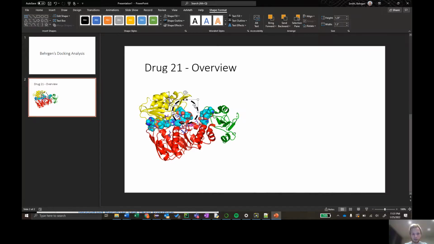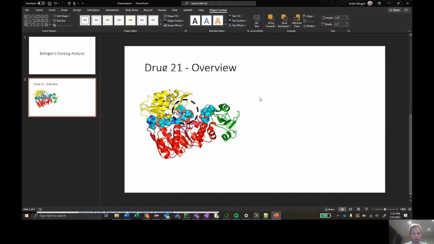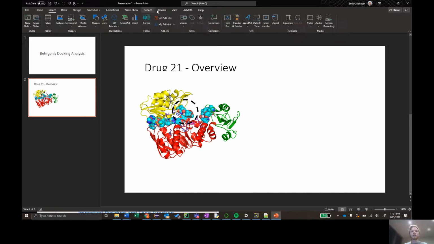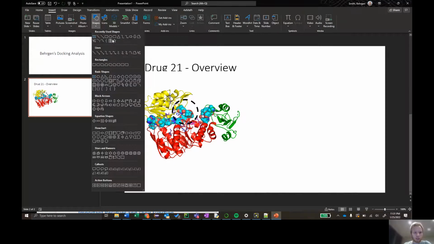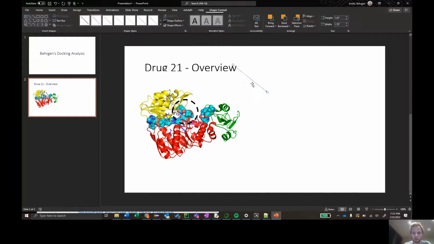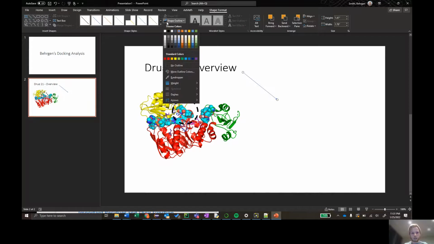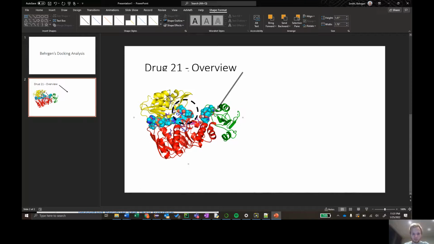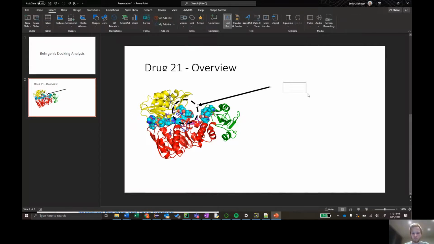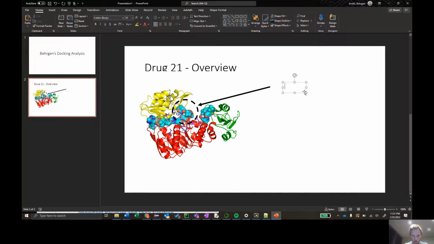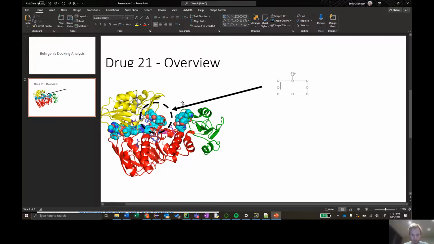So there are three main regions that I kind of talked about that you might be good to point out. And we'll make an arrow. And the good news is you only have to make each of these once because you can just copy and paste them later on. Black shape outline, increase the weight. There we go. So for instance, that one, it interacts with